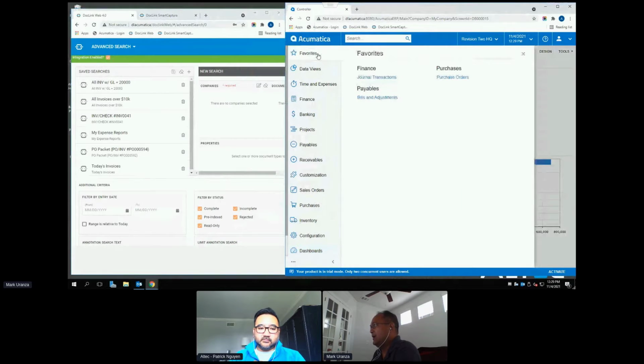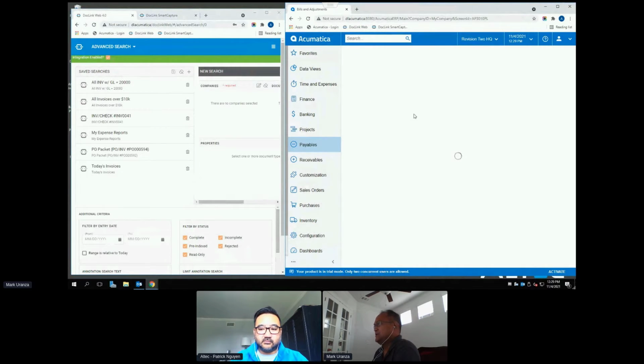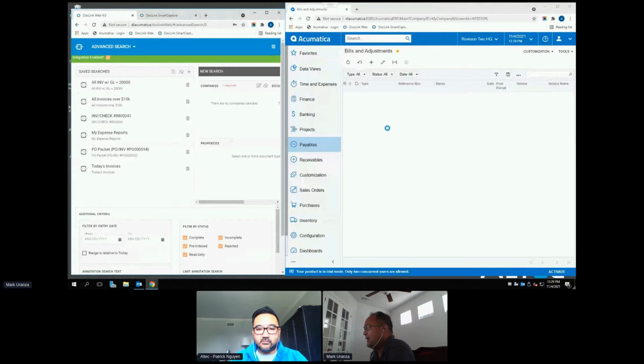Right, if I want to pull up a related transaction, in this case, possibly a related bill, part of our Acumatica integration, as we are integrated with it, is we're able to present a bill in the Acumatica screen, but also be able to recall the transaction from DocLink